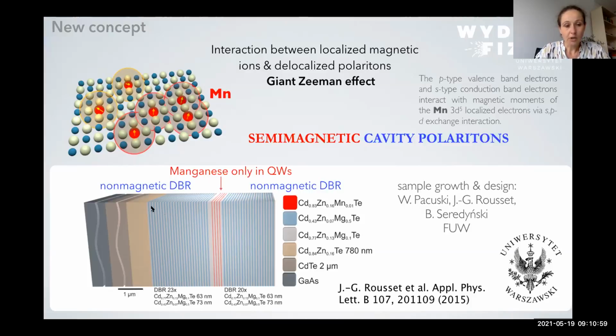So this our structure now, it will be composed in such a way that we have non-magnetic mirrors. We place a few quantum wells inside, but then the magnetic ions are introduced only to the quantum well structure. And like this, we build the semimagnetic cavity polaritons, because the p-type valence band electrons and s-type conduction band electrons interact with the manganese localized electrons through the sp-d exchange interaction, and this actually leads to